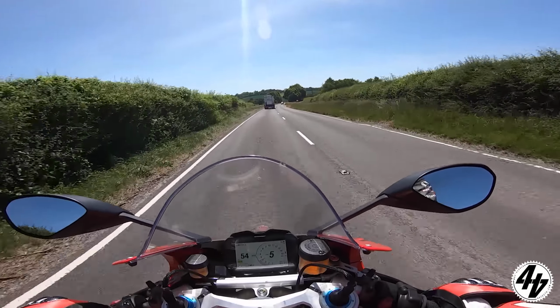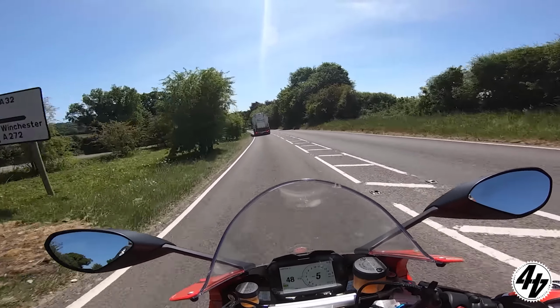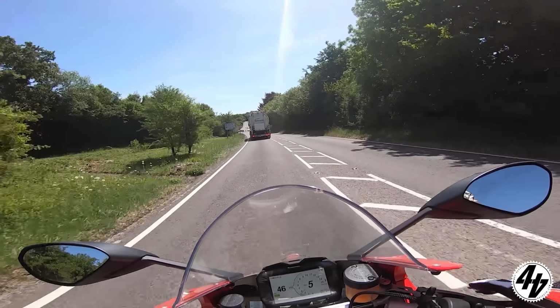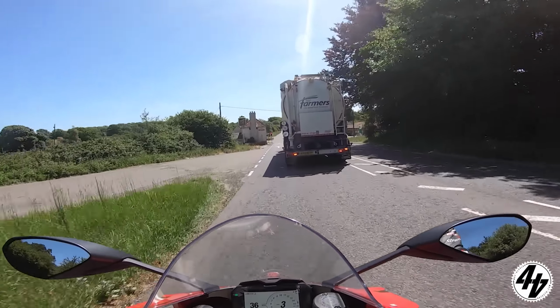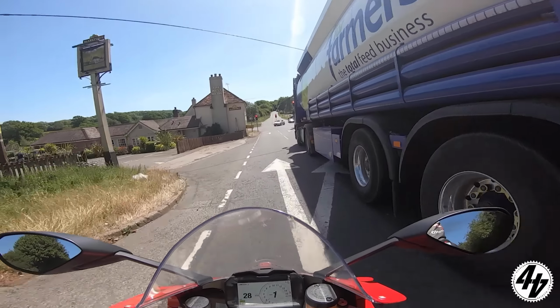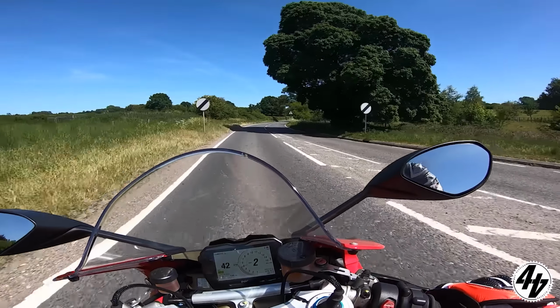Whoa, sexy. I mean, you feel like a badass riding it. And that is a big part of the charm of Ducati, it's got that image, and that's what you're going to buy into as a customer. But out in the countryside,